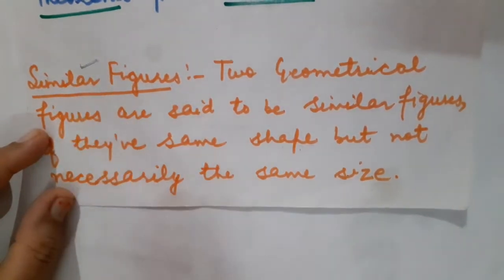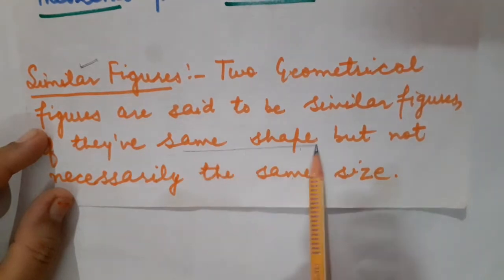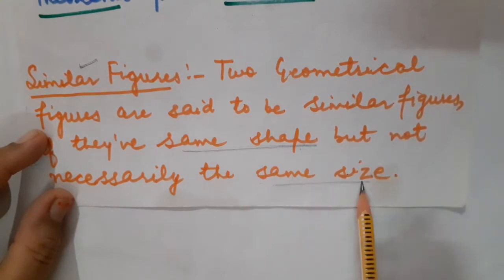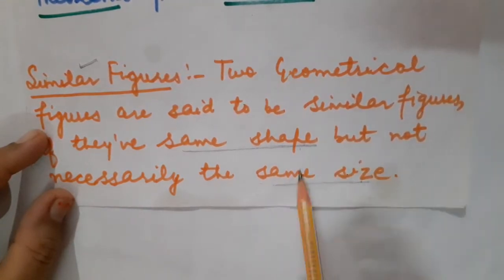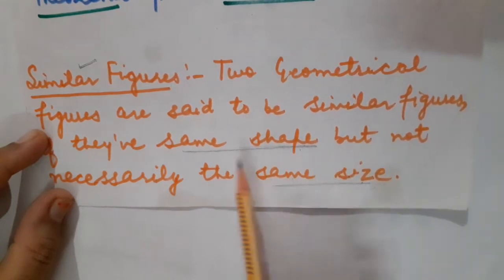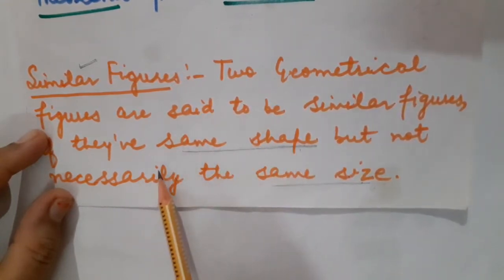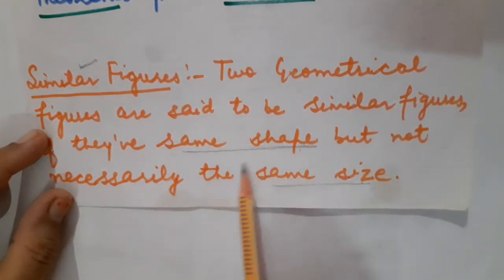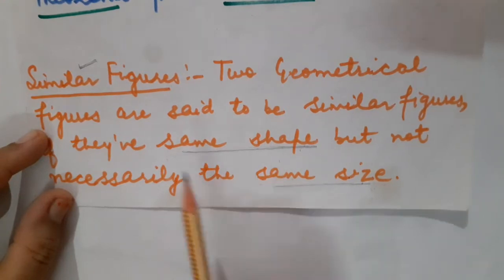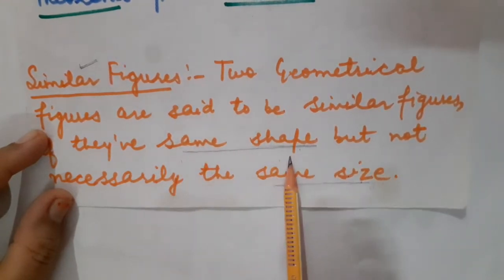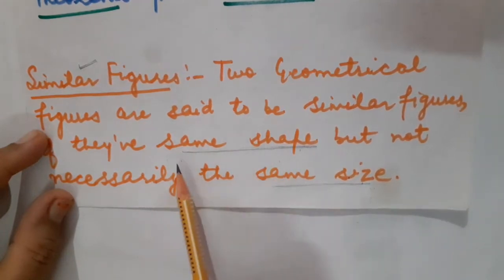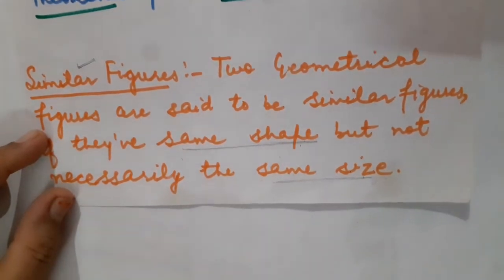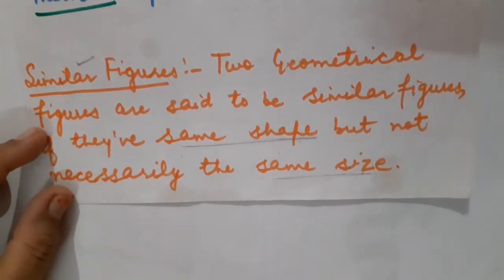But as I talk about similar figures, here the shape must be the same without taking care of its size. Okay, the size can vary for both the shapes, but the shape should be the same. For example, if I talk about one equilateral triangle and another square, then we cannot say that they both are similar to each other. Okay, an equilateral triangle must be compared with an equilateral triangle only. No problem whether their sizes are different. Clear? In the same manner, a square will be compared with a square only, not with any other quadrilateral.